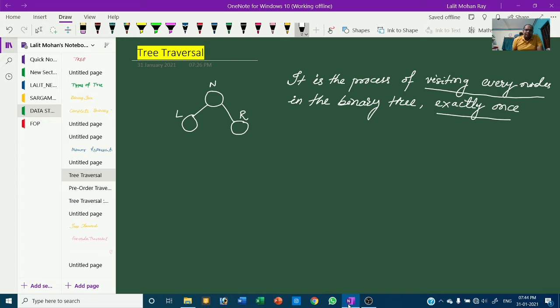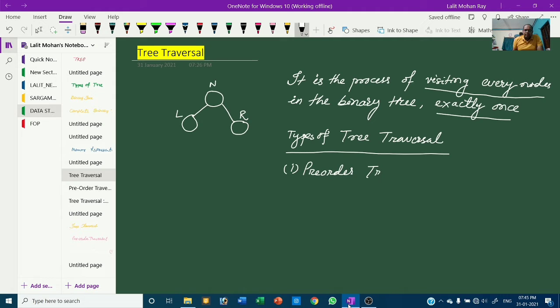Then how many categories of traversals are there? Types of tree traversal. Number one is pre-order traversal. Number two is post-order traversal.